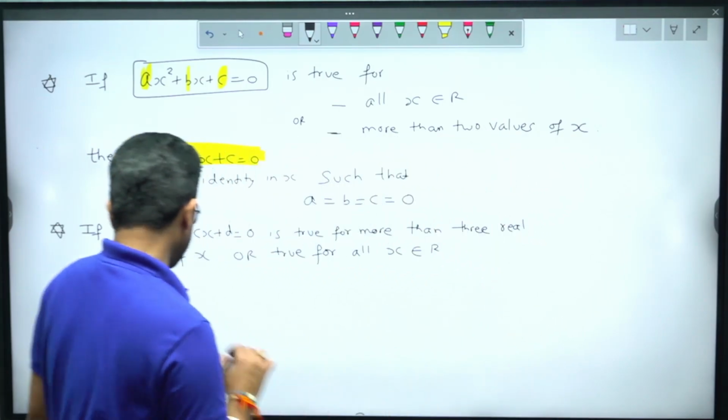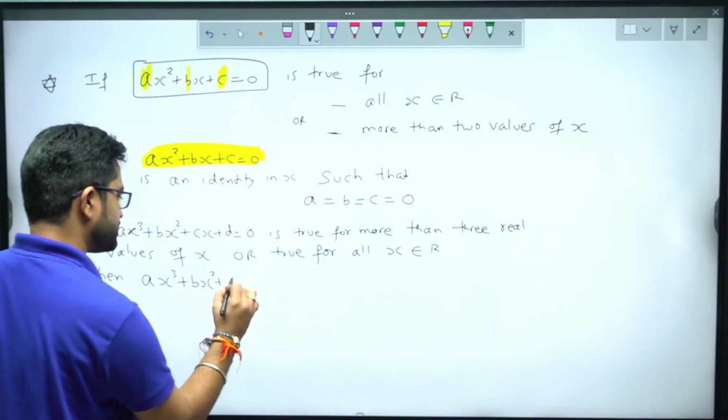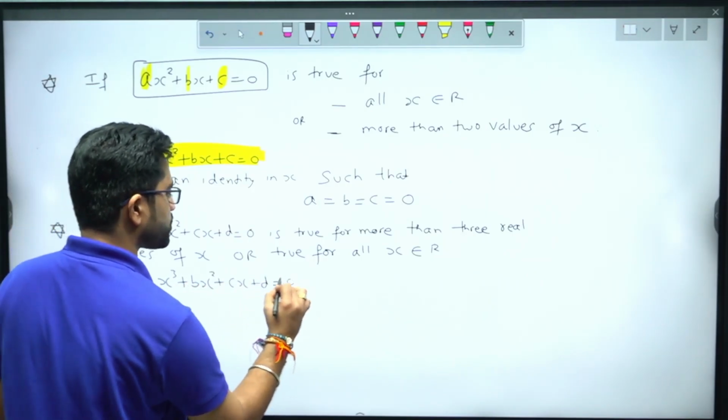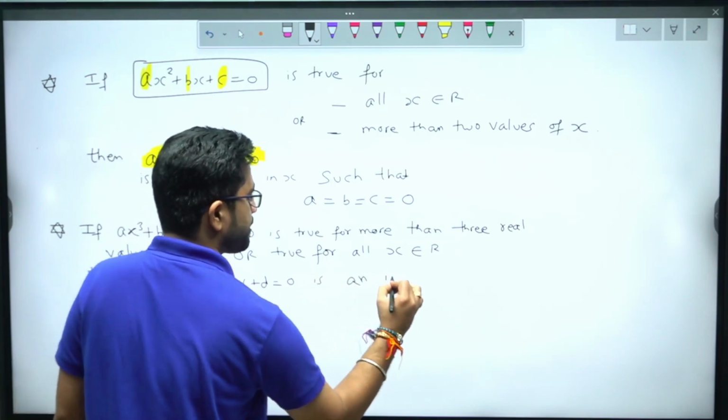Okay, this will be what? Then ax cube plus bx square plus cx plus d equals to 0 is acting as an identity